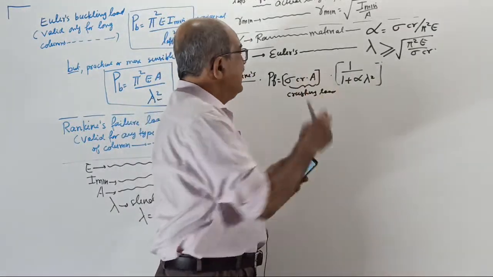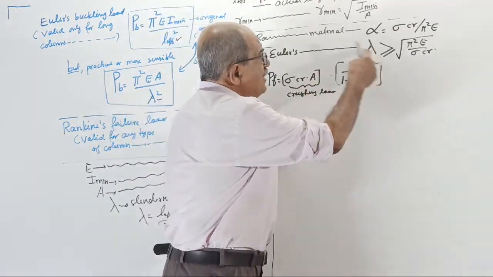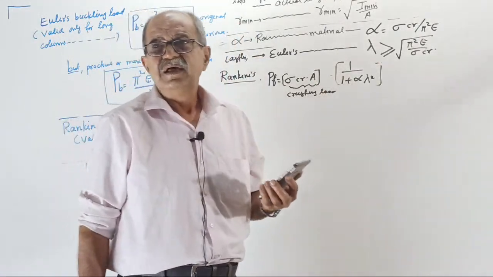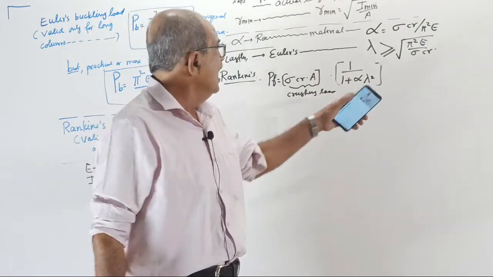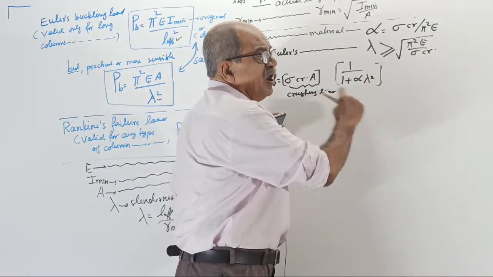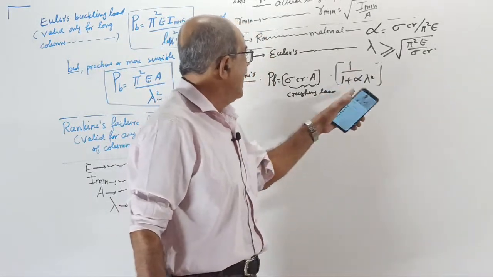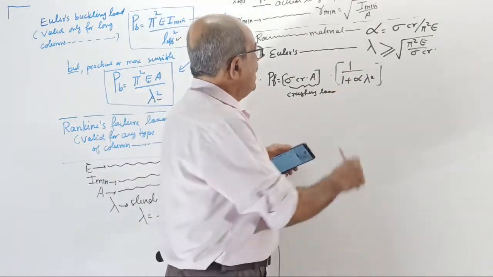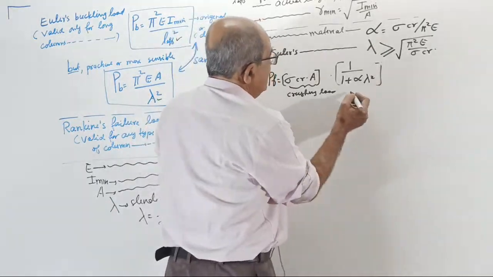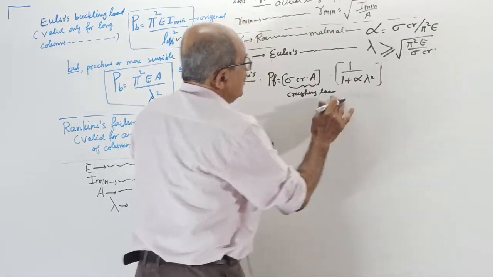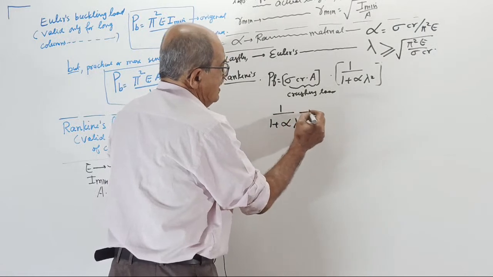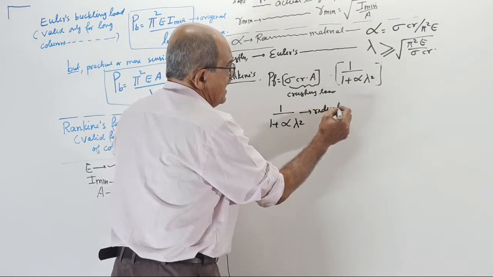If the column is very, very short, then this value will come almost equal to how much? I told yesterday. There is no reduction. Then lambda will be very small, so 1 by 1 plus alpha lambda square will almost come equal to 1. So you can write here that 1 by 1 plus alpha lambda square can be called the reduction factor